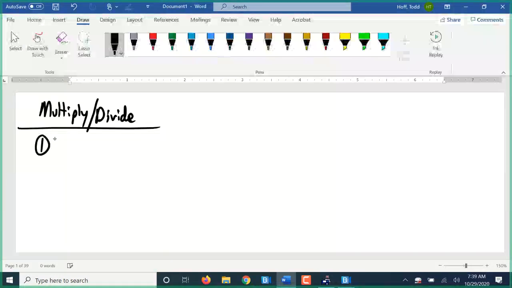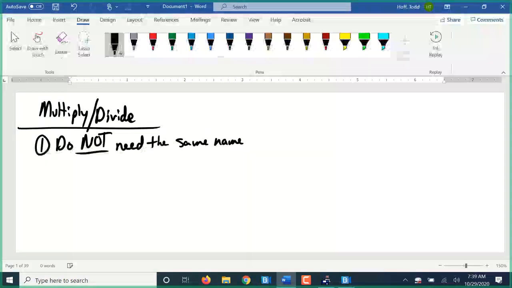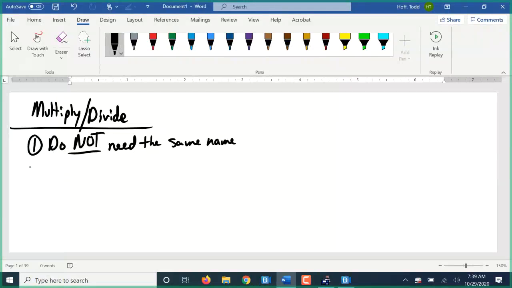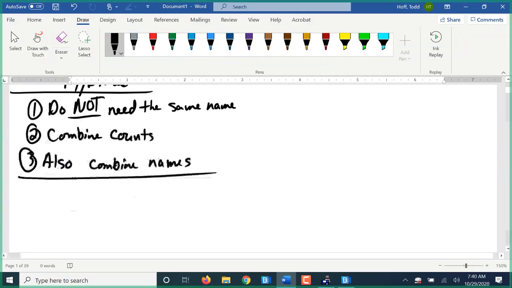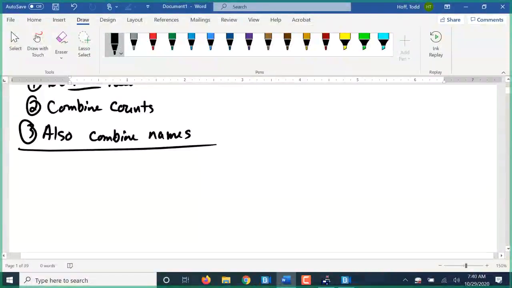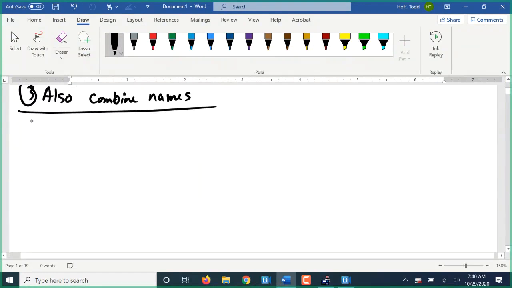When we multiply or divide, remember we do not need the same name. So we do not have to have the same power of 10 to start out with. As always, we're going to combine the counts. Then we're going to also combine names. This looks a lot like our algebraic numbers we were working on just last week. We might have something like